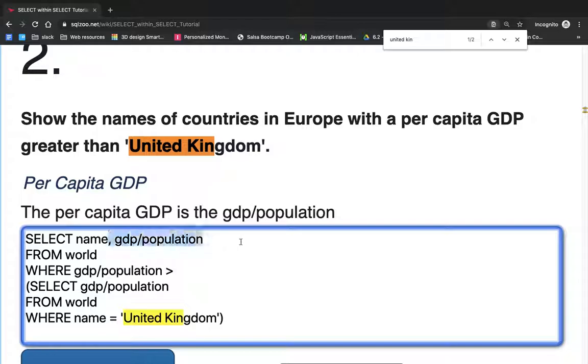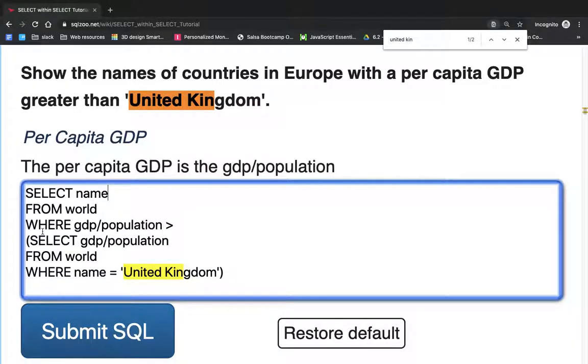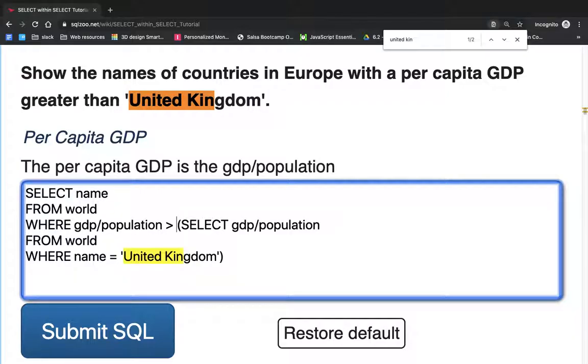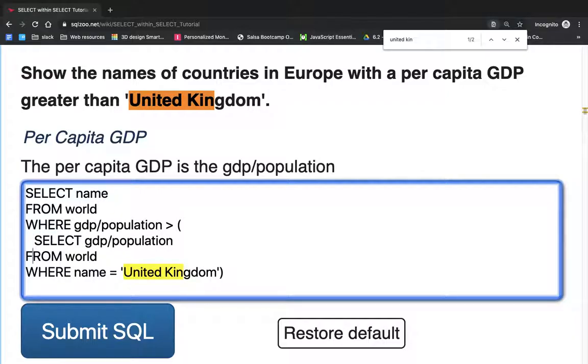Actually, we don't need this. So let's move this a little bit nested, or